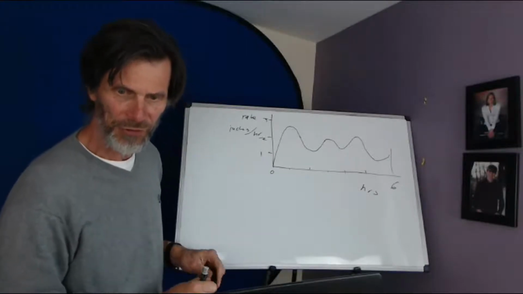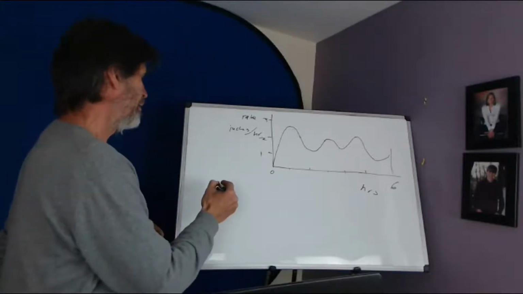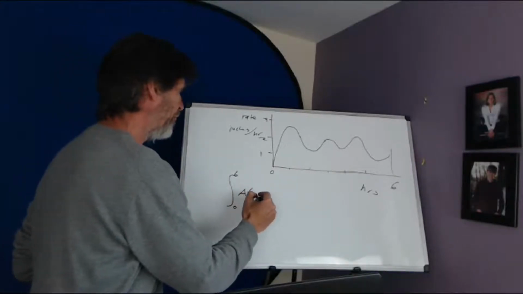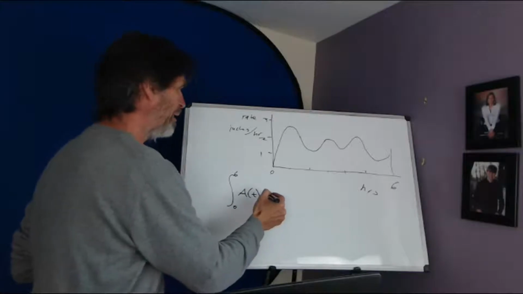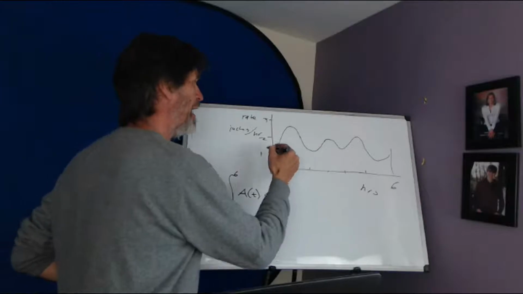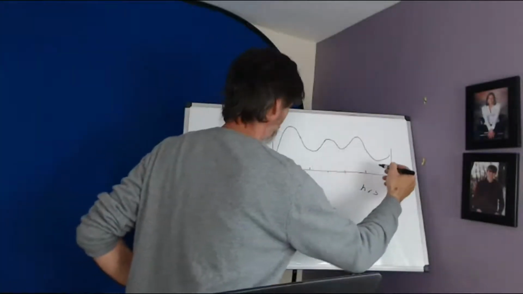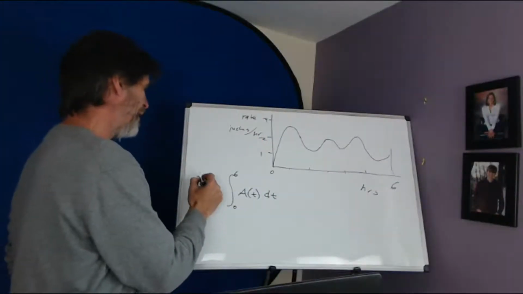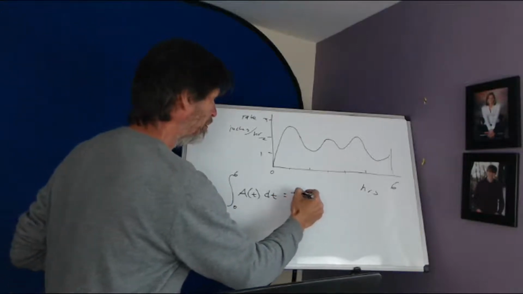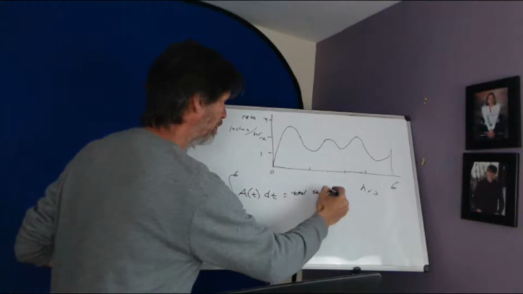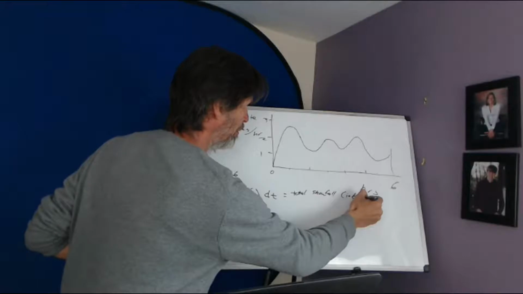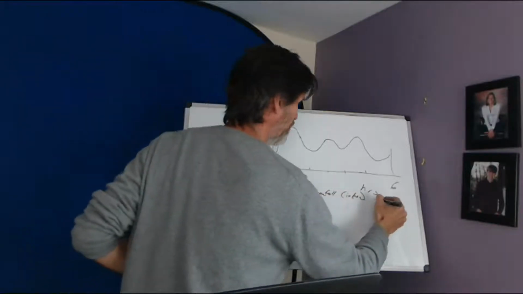Yep, definite integral for sure. Exactly right. So we get a definite integral from 0 to 6 of whatever my snowfall rate A(t) is, A(t) dt. Exactly right. It can also be represented as the area under the curve. And there we have part B. Now this will give you the total snowfall in inches during those first 6 hours.